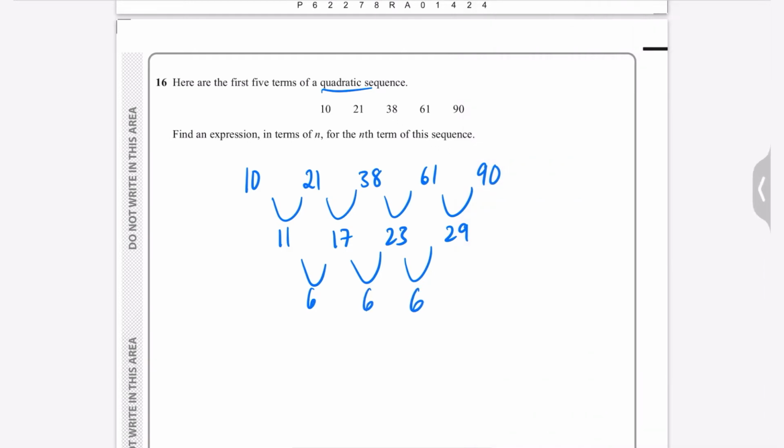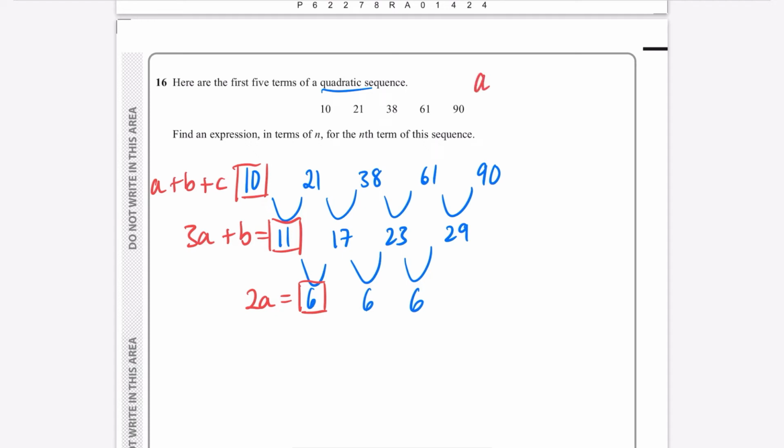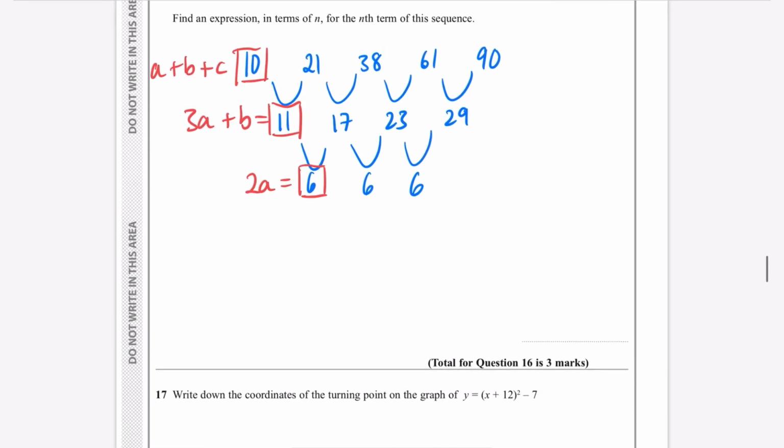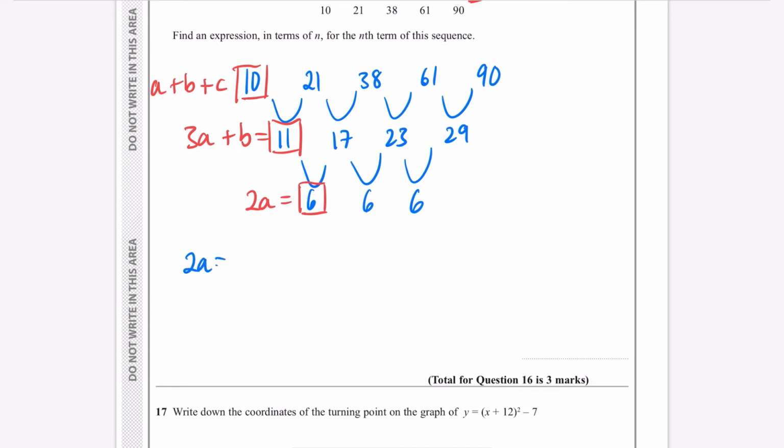So what you need to know for this one is 2a, this one is 3a plus b, and this one is a plus b plus c. And when I say a, b, and c, I'm talking about a quadratic sequence being an squared plus bn plus c. This a, this b, and this c. I explain why this works, but you might want to go and check that out for a full explanation. So the easiest one is to deal with the bottom one,